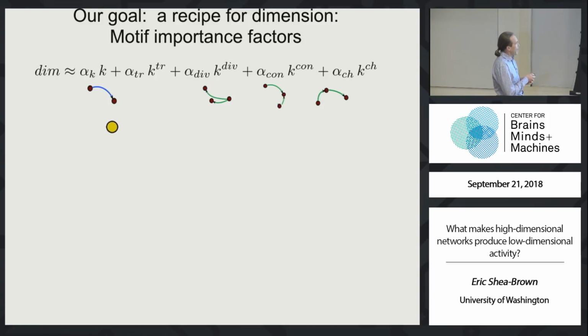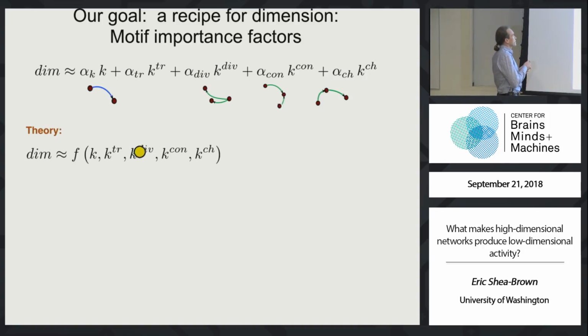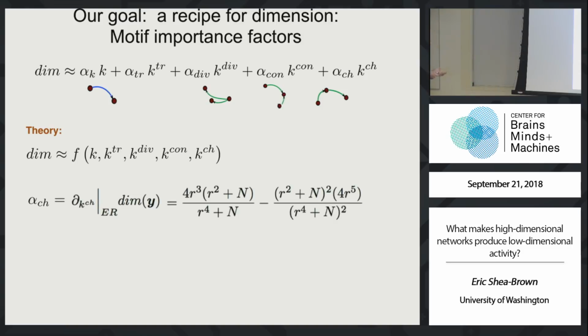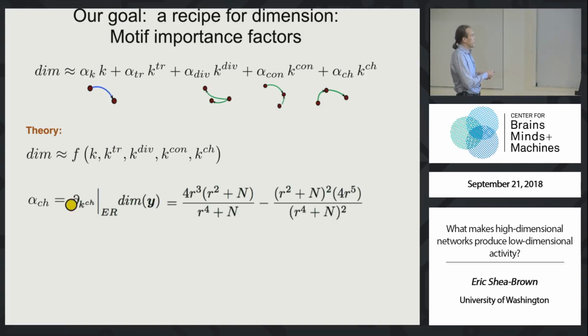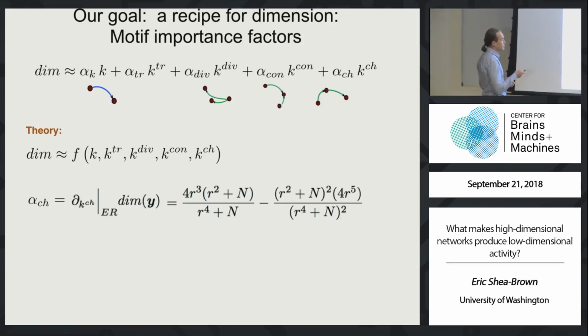And the ultimate form of that, or the simplest form, would be, look, take all these measurements from your patch clamp or whatever, your simple way of characterizing a graph, toss them into this formula with some linear weights in front, and I'll tell you what the dimension is. Now, of course, our approximate theory is some sort of very nonlinear expression, but we can do a Taylor series expansion of this nonlinear expression if I feel like it. Okay, just tell me what the sensitivity is. Tell me what this alpha is. Tell me the sensitivity, the derivative of the dimensionality with respect to the chain motif content. I can compute that explicitly as some sort of formula.